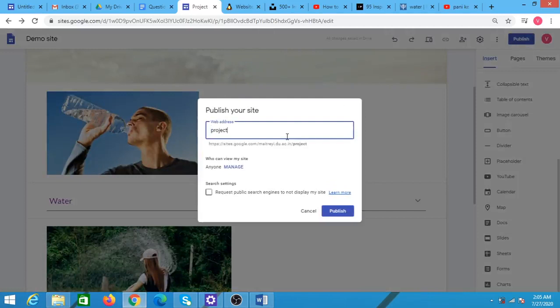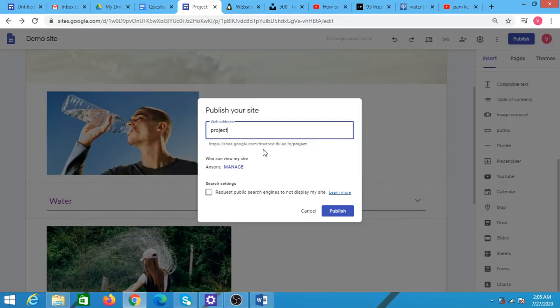The most important one is to give a name to the website. By default, it is taking the name that I gave on the home page of the website, which is project. If I wish, I can still change the name of the website, which will be the web address as well. So we can see down that it is the URL of the website that has been written over here.